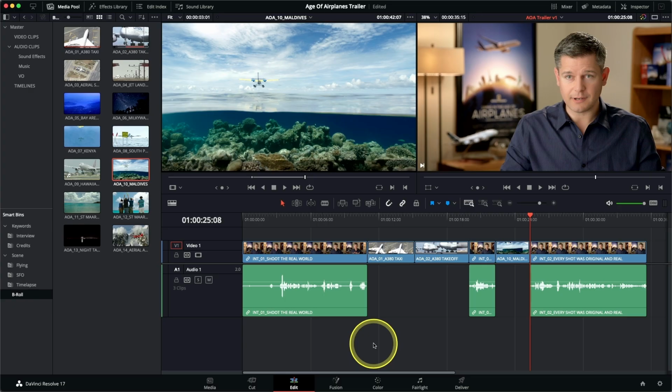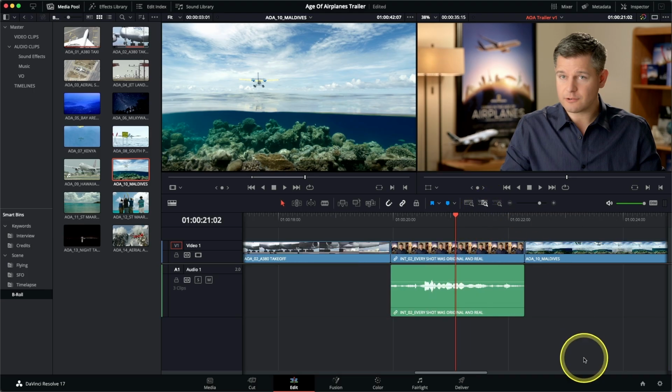So now that we've looked at how to adjust the timeline zoom level so that you can comfortably view the timeline depending on what you need to do, let's look at how we can remove some of these clips and start to refine the edit a little bit further. To begin with, you might want to remove just a simple portion of a clip. For example, you might want to remove the video or audio part of a clip. If I concentrate on this middle interview here, I'm just going to move the playhead over that